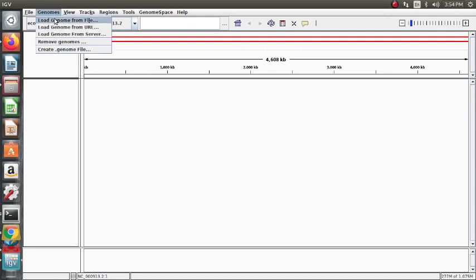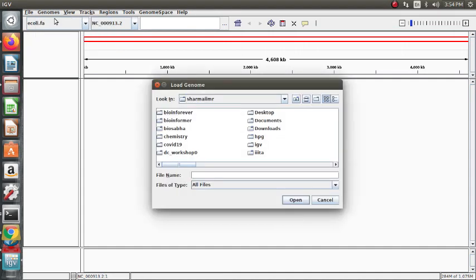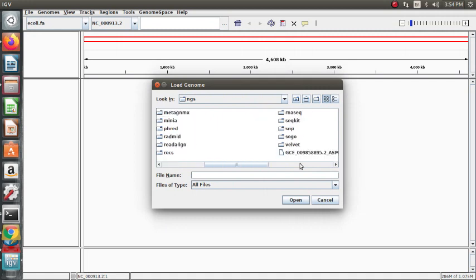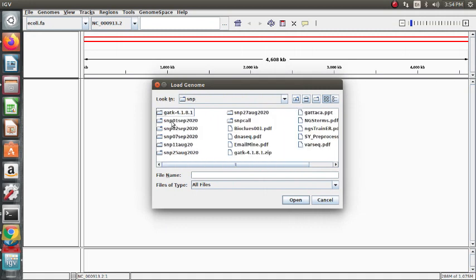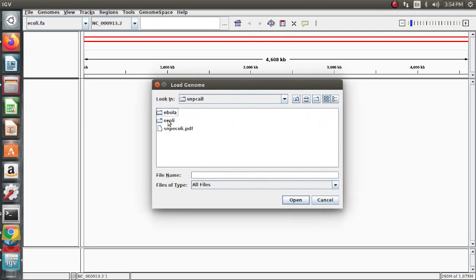Go to Genomes, load genome from file, to this folder, snip subfolder, snip call, equali.